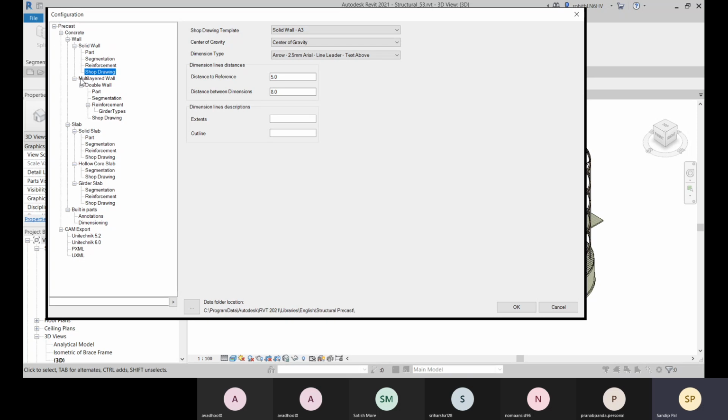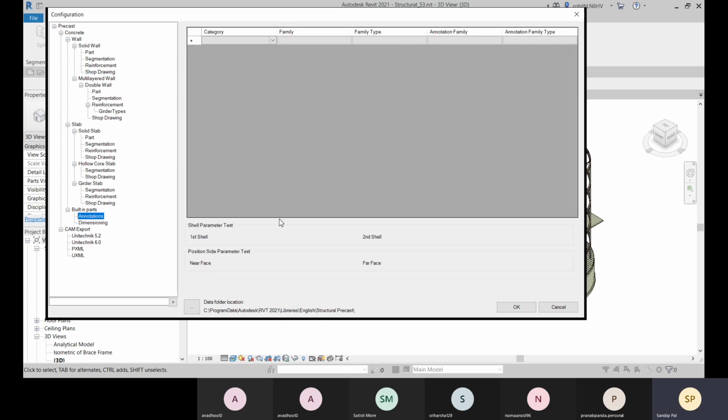And we have the wall, solid wall, multi-layered wall. For all these, we have shop drawings. We have slab, solid slab, hollow core slab, girder slab. For all of these elements, we have reinforcement on and built-in parts, annotation, and dimensioning. So these things you can provide, like here.